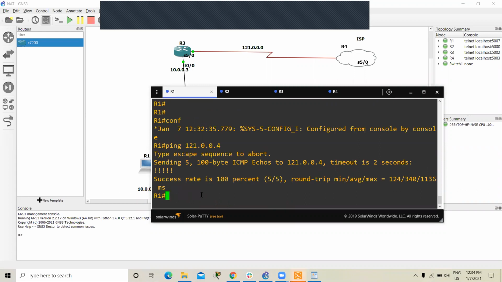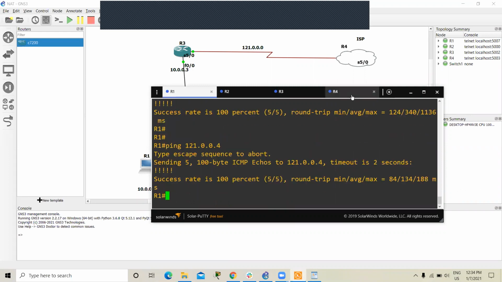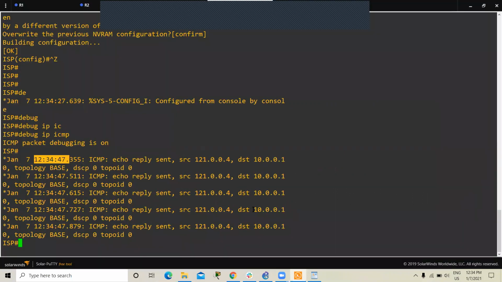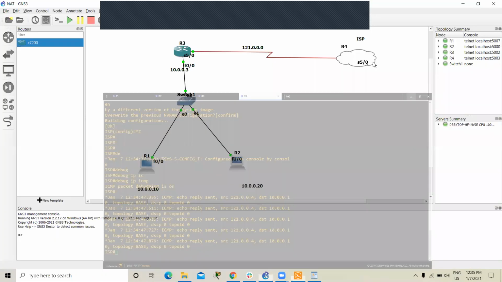If I ping from router 1 to router 4, you can see here it creates a log message that 10.0.0.1 wants to ping our router. So see here our private IP. How can we hide this one? How can we translate it into a public IP? Now we are going to learn this.